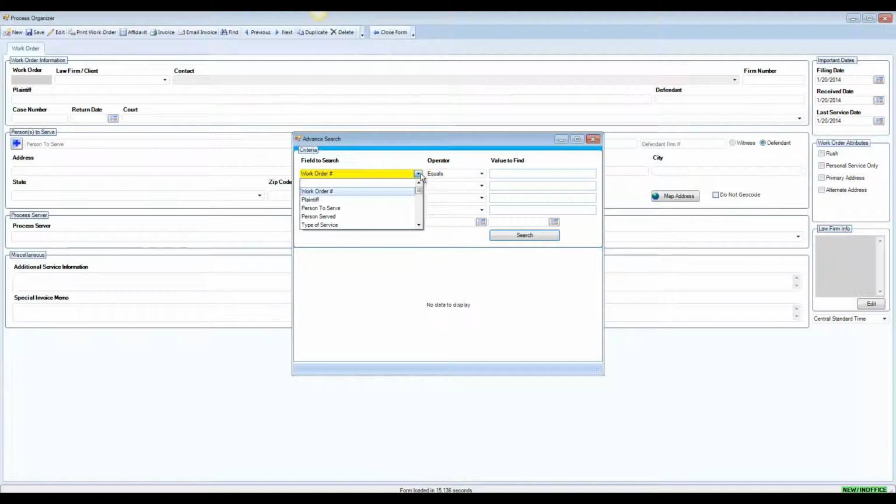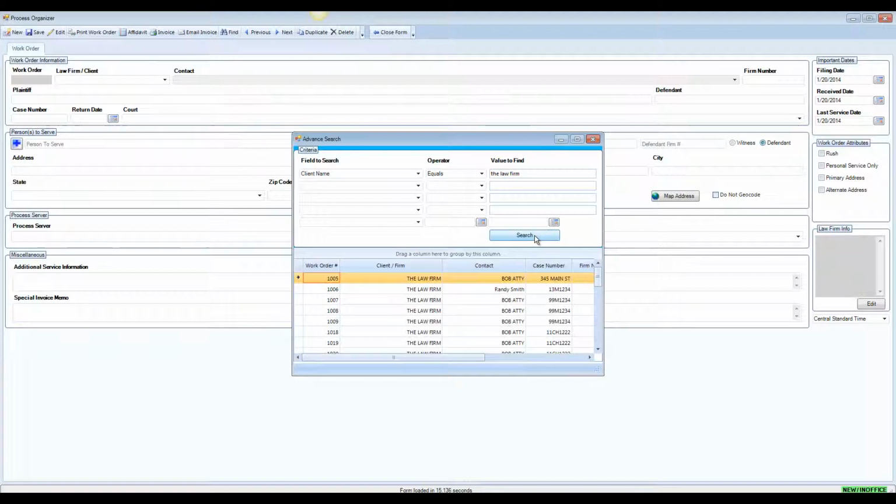112926, but I can go to the law firm ID, which is the client ID, and I can go to equals and type in the law firm. What this will do is it will give me every job that's entered for the law firm. Let's say I want to take the search down more. I can do it by process server, and I can go contains Scott, and now that's going to refine my